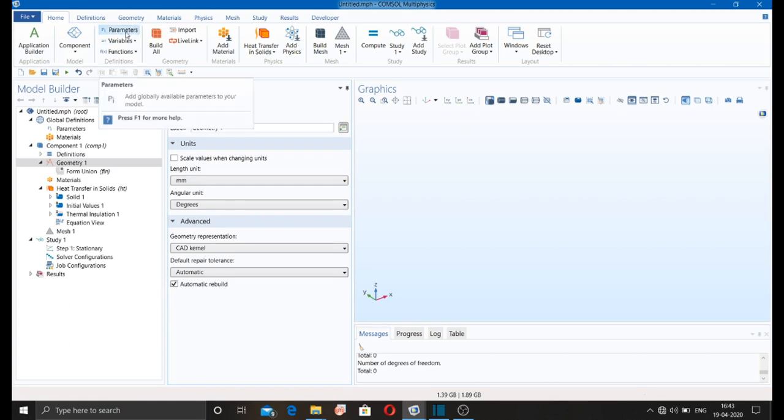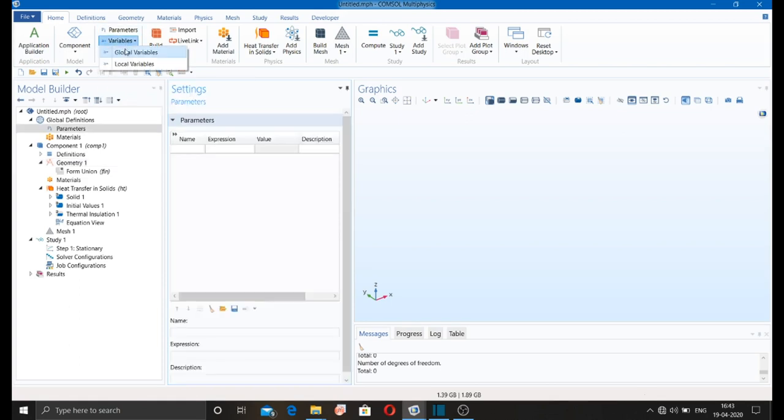Here are parameters, variables, global variables and local variables. So I'm going to give a brief difference between global and local variables. Basically, global variables or definitions define the parameters and functions that you can use everywhere.